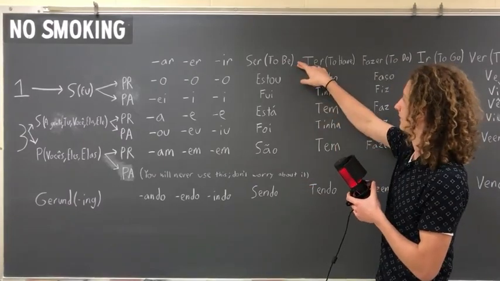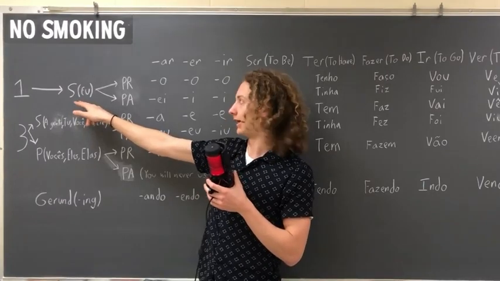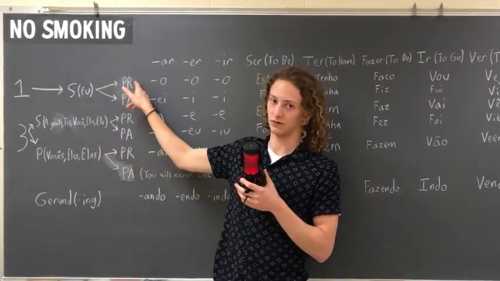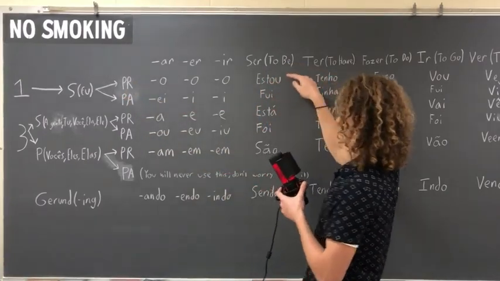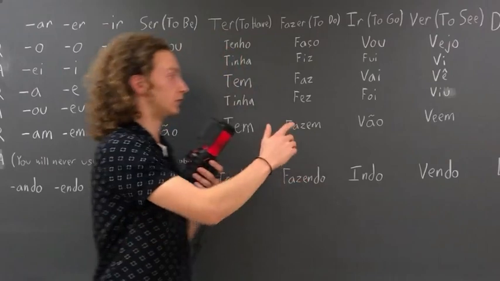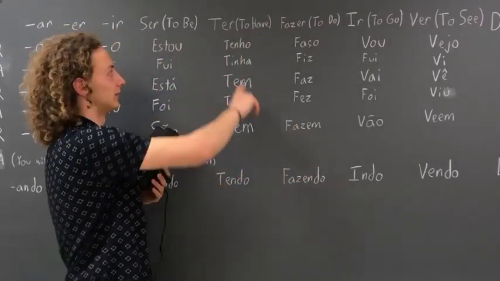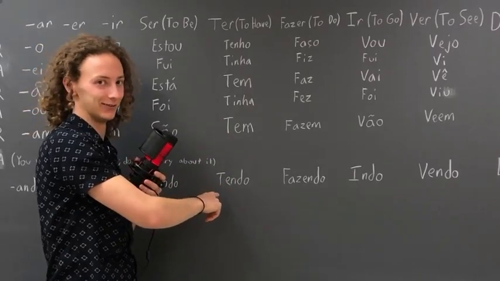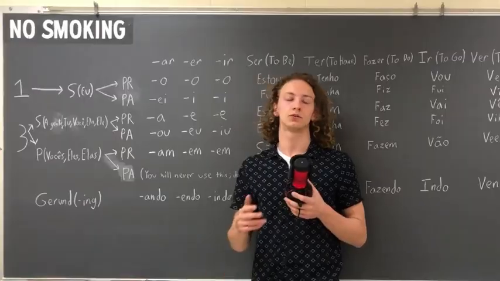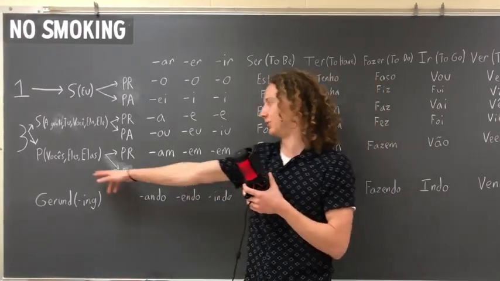So I look at to be, and it is first person singular because eu, I am the one doing the action, and it's present tense. This is something that's currently happening. So I go on over to our to be, and it is estou. And again, with the irregular verbs, you just replace it entirely. Do not say te tendo when you want to say I'm having something. Just say tendo.